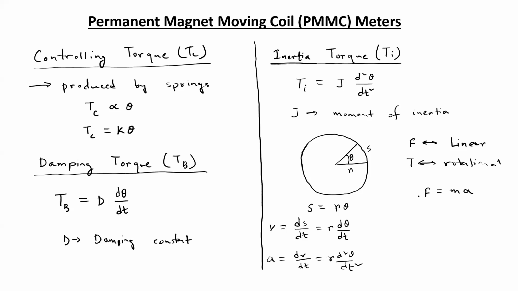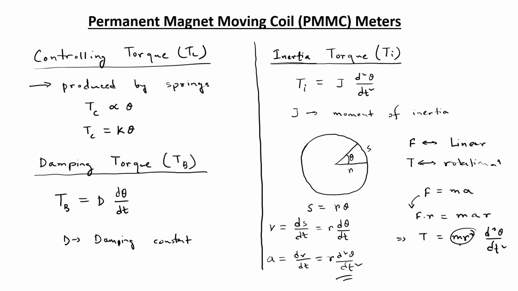Now, if we want to represent it in terms of torque, we can multiply both sides with the distance from the edge to the central point, r, and later on we can also replace a with the expression of the angular displacement written over here. So it will give us m r square d square theta by dt square,